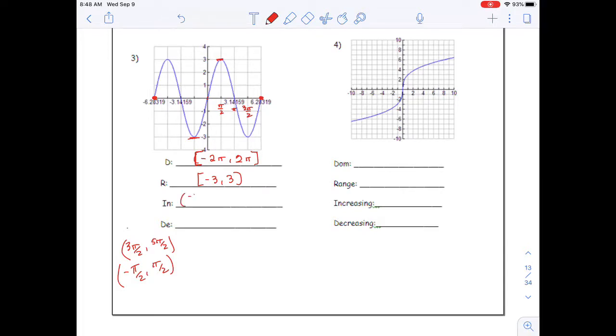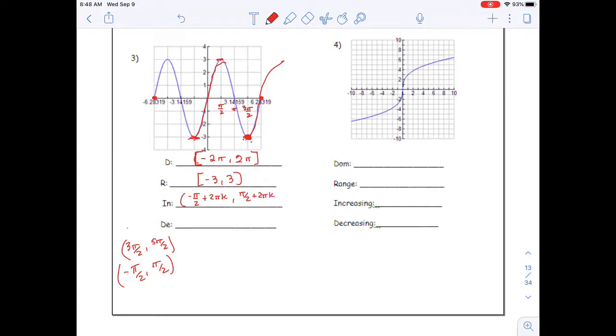What if we said negative pi over 2, and the next time that occurs, where it's going to start to increase again, like this, so we go like this, then it does it again. How far apart are these where it starts to increase again? Well, that's basically the period of the function, which is 2 pi. So if I say plus 2 pi k here,